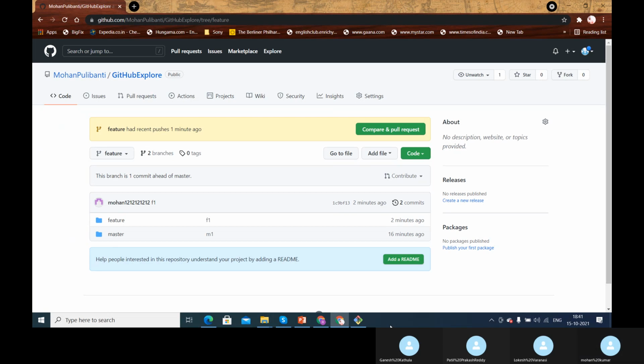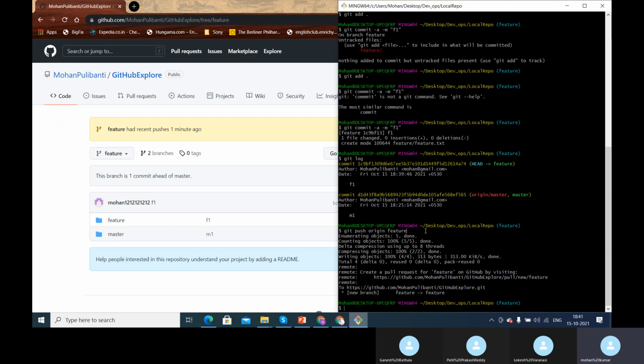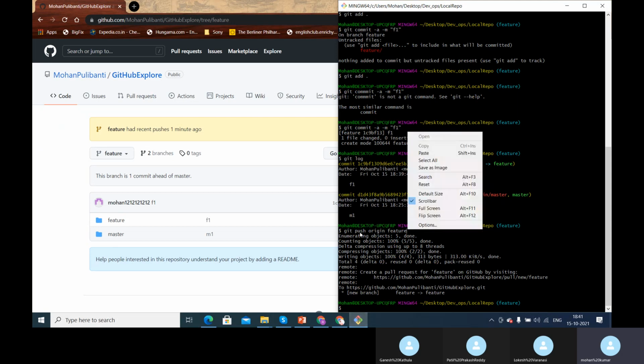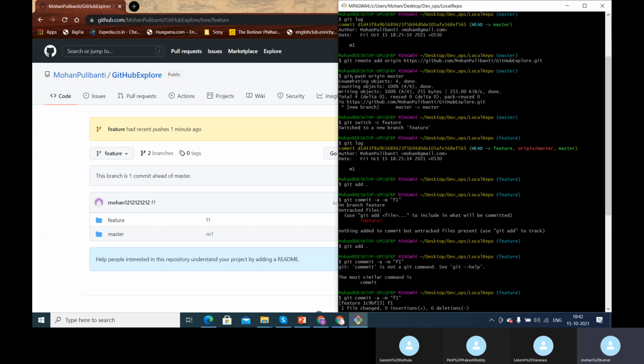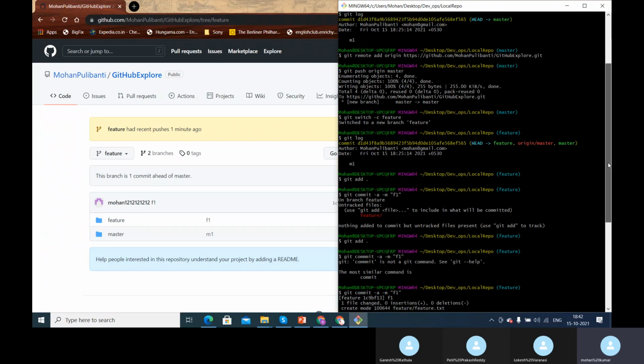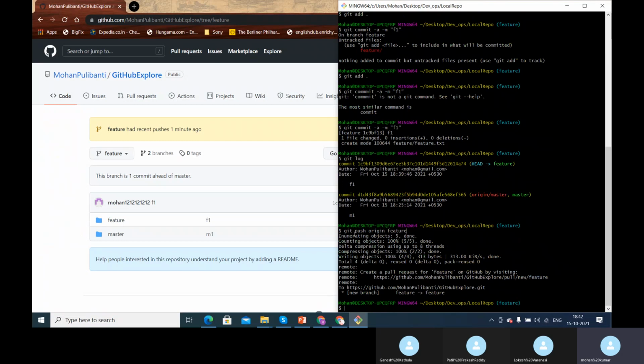Okay, right? So one thing that you have to notice here is that the second time we executed git push origin master, it didn't ask us for the personal access token, correct? When we did it for the first time, when we pushed the master code with git push origin master, it asked for the personal access token, but here it didn't. The reason is, once you gave the personal access token in that window, it will store that